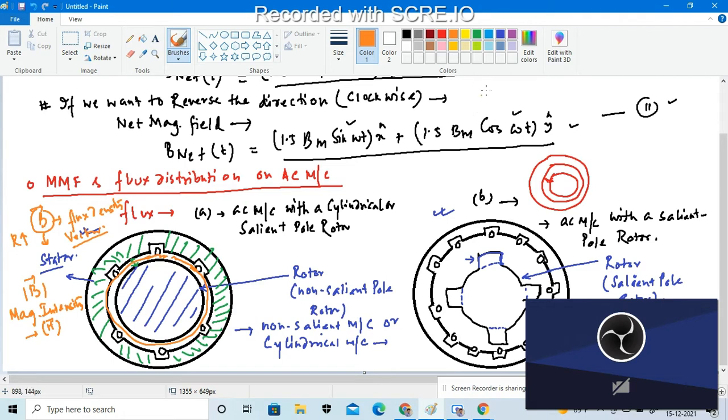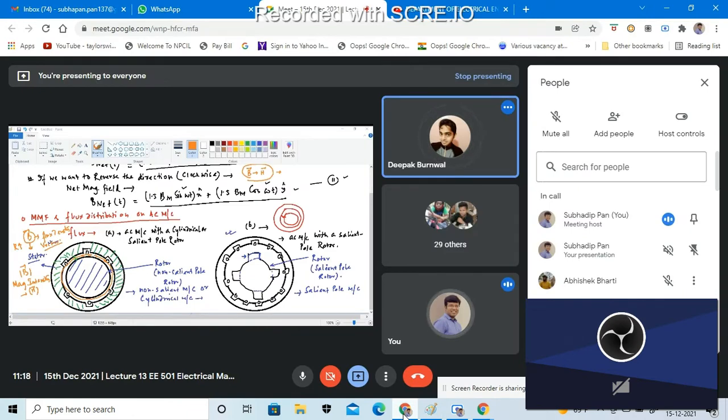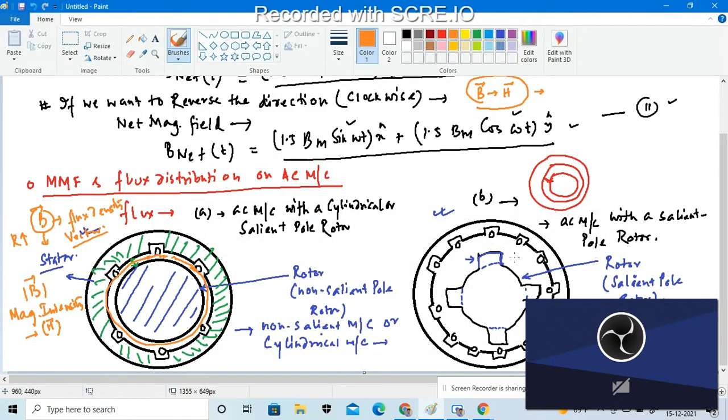That means the flux density vector will vary sinusoidally if the magnetizing intensity vector also varies in a sinusoidal manner along the surface of the air gap. That particular characteristic can also be called a BH curve. Right, BH curve, you have studied it, haven't you? Yes, BH curve. In a transformer, it is called the BH curve.